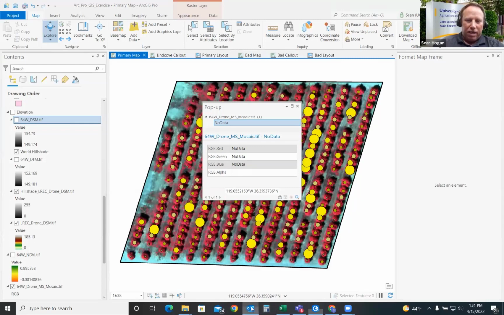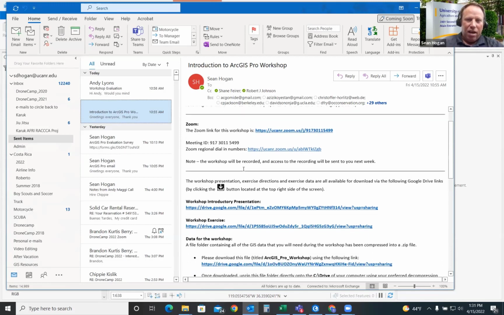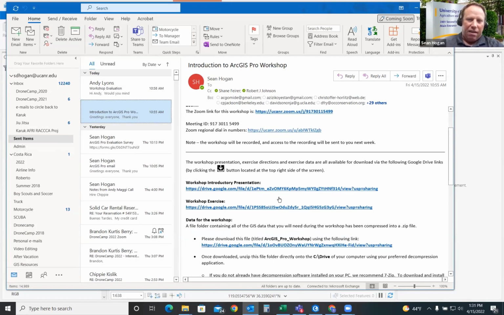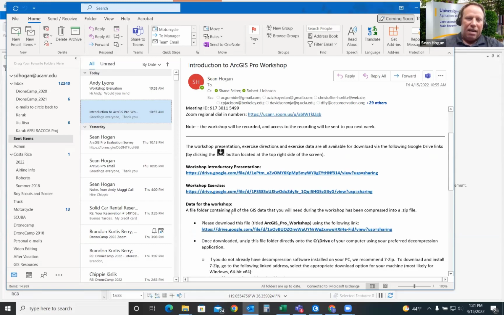And one of those is making sure that they have all of the data. So at about 11 a.m. this morning, I sent out this email to everybody. If you got the Zoom part, you might be referring to the Zoom email I sent the other day, but also inside here we have the presentation that Maggie just gave, the workshop exercise that we'll be working from very soon, and the data for the workshop.